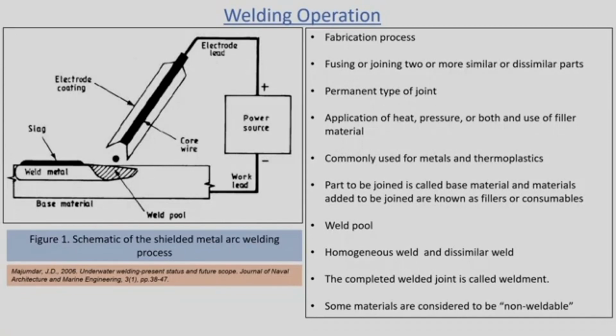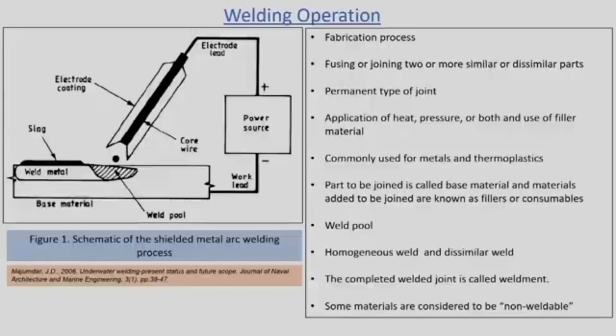Well, my friends, welding is an important manufacturing process. It is a fabrication process which is generally used to join the materials together for various parts, for various sub-assemblies in the product development. When we fuse or join two materials together, it may be similar materials or dissimilar materials, by using a permanent join. So, in welding operation we are joining either similar materials or dissimilar materials, and the type of joint